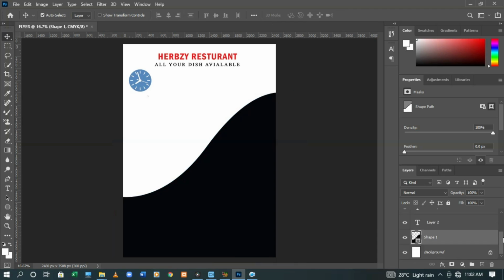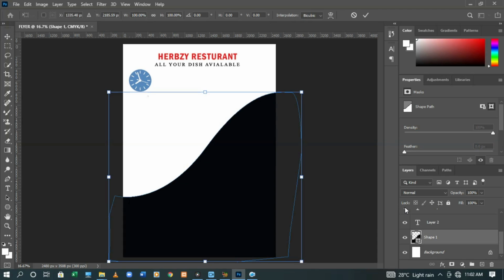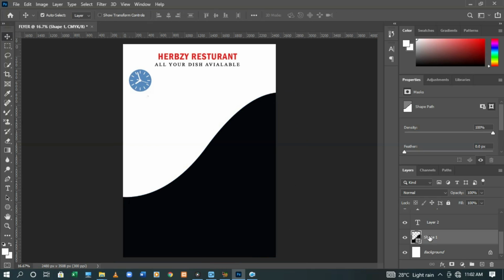For you to make a copy of it, you can either say Control T and Control C, Control V and paste. But you can also use the shortcut of Alt, left click and drag. You have made a copy already. So now that meaning there are two. Now we're going to